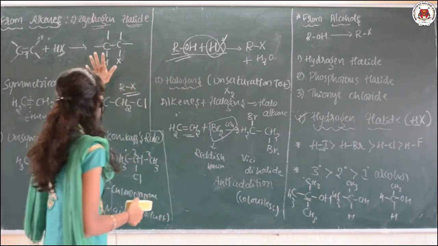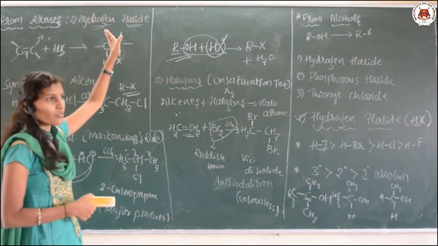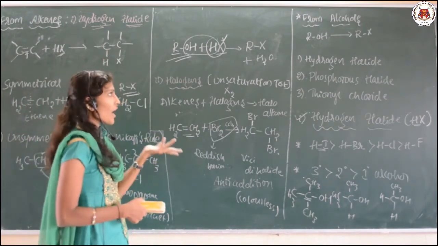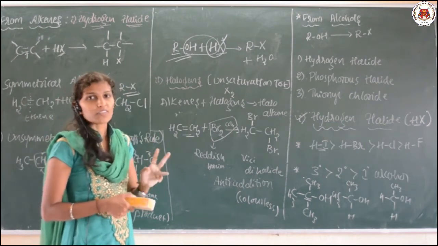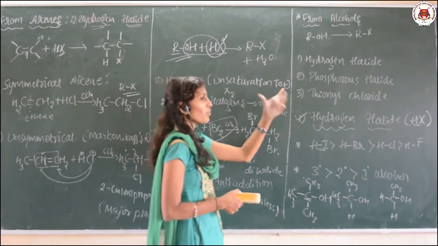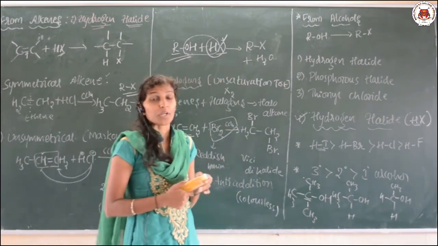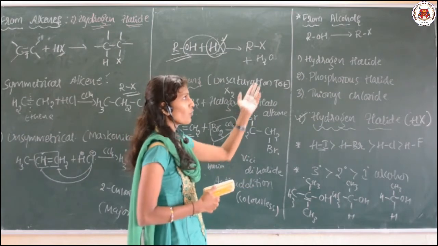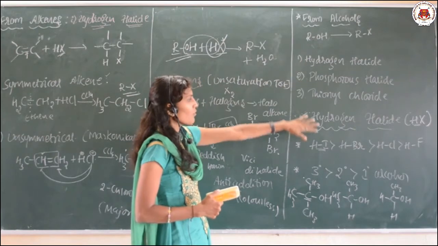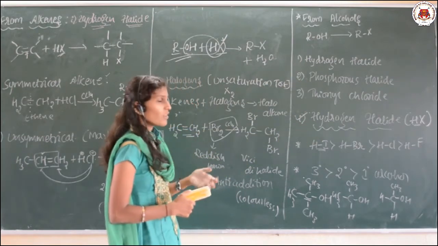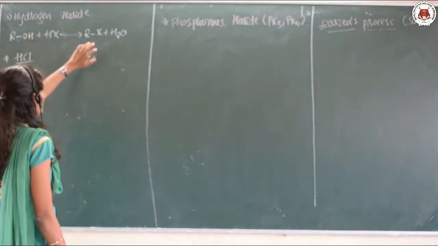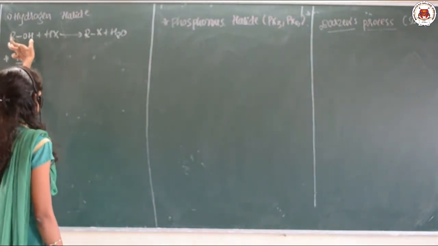Here first we discussed the preparation by using the alkene. Alkene can be added with hydrogen halide, and even with the halogens. In both cases we are going to get haloalkanes. And one more method is by using the alcohol we can get the haloalkanes. For the alcohol we can add three types of compounds, which we are going to study in detail in our next class. Okay, thank you. Let us come to the preparation of the haloalkane by using the alcohol and hydrogen halide.